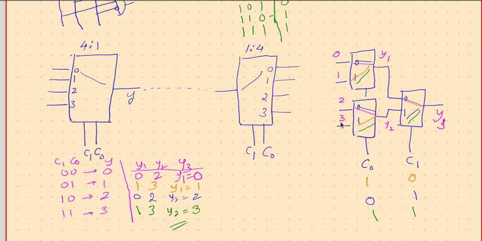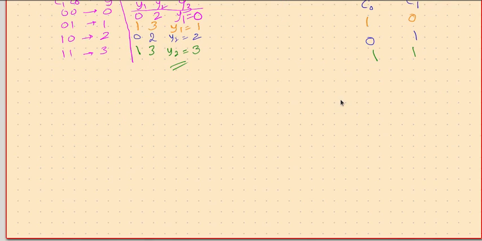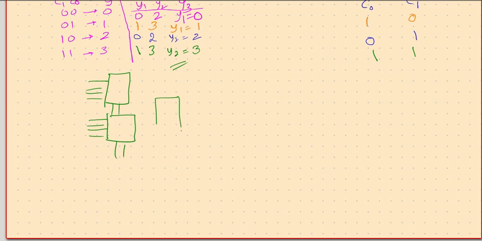So that way we can implement a 4 to 1 multiplexer using three 2 to 1 multiplexers. So this way anything is possible. So we can think of two 4 to 1 multiplexers. When you are saying 4 to 1, there will be two connected here. Then you can use one 2 to 1 multiplexer.